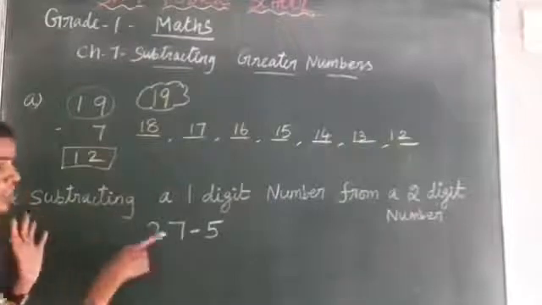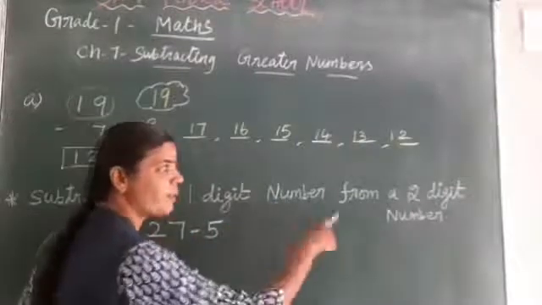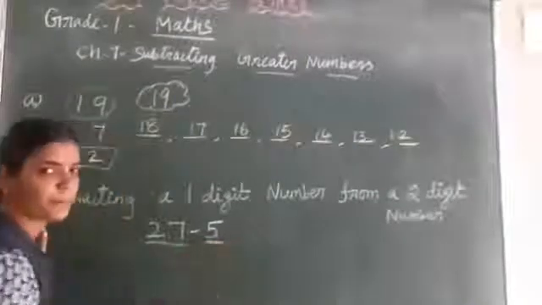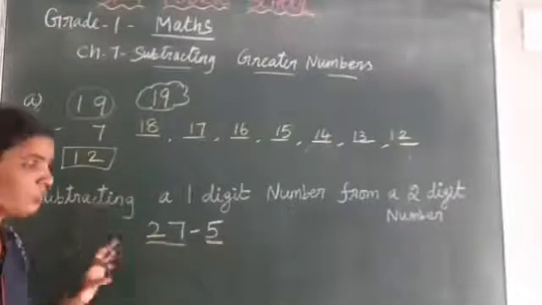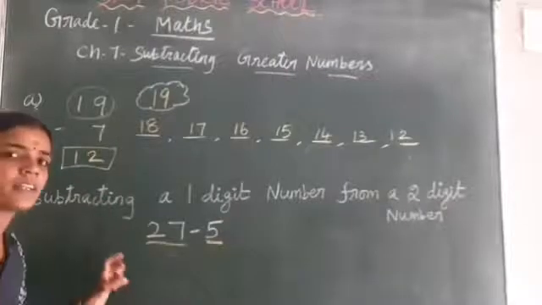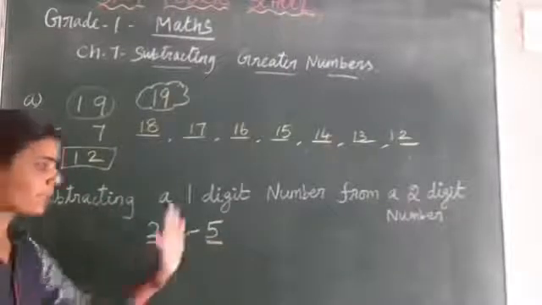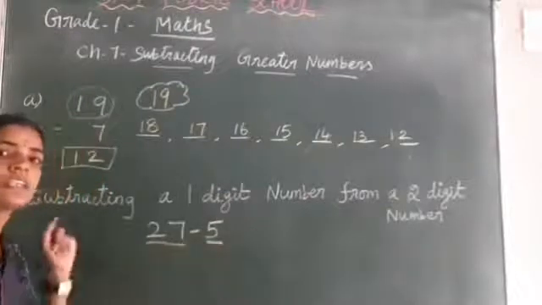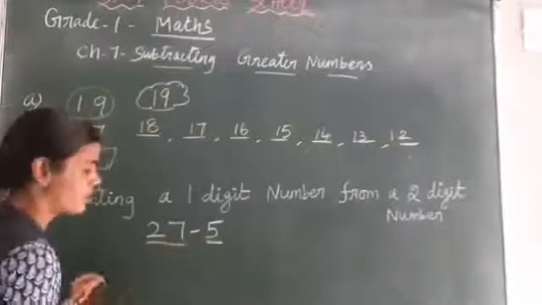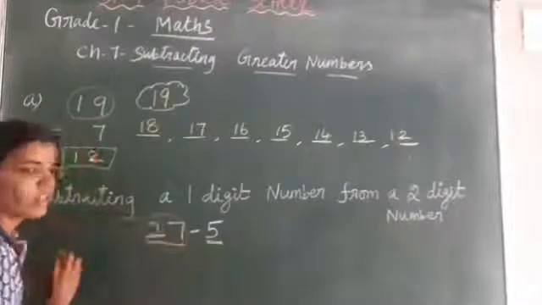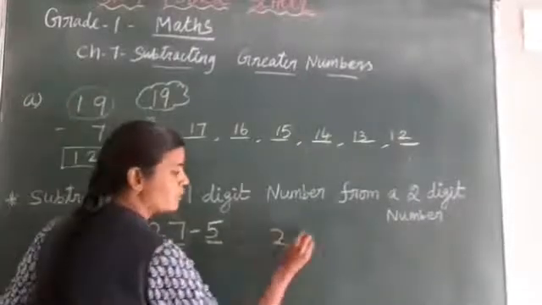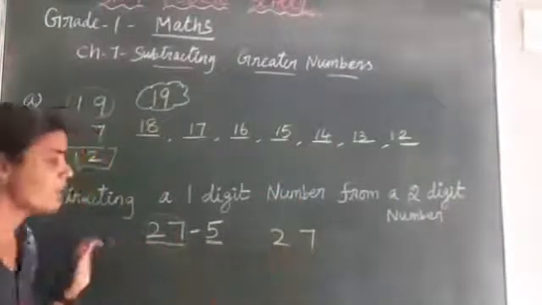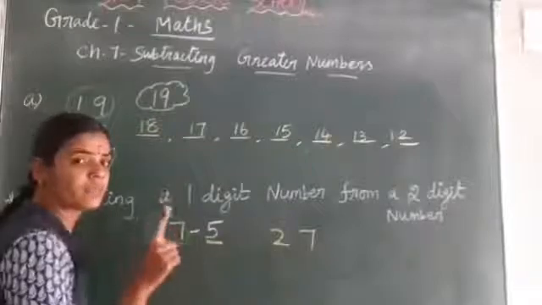Next one, the same only: subtracting a 1 digit number from a 2 digit number. This is a 2 digit number and this is a 1 digit number. This one is the sum, but you are going to write the numbers in the correct order. You are going to subtract in a vertical order. Take and write this number in the correct order. How will you write? First is 27. You have to write 2, 7, 27. Next, what is this number? Only 1 digit, that is 5.